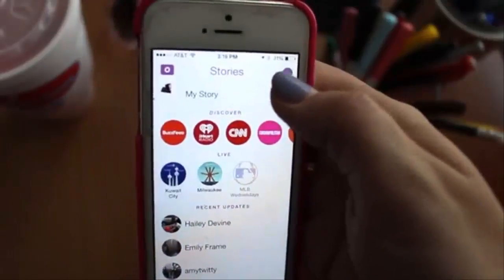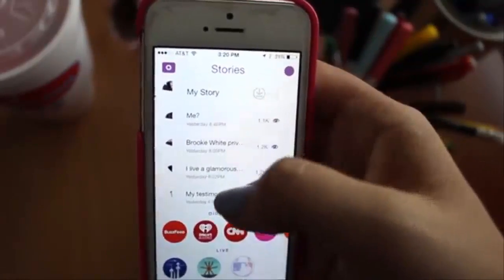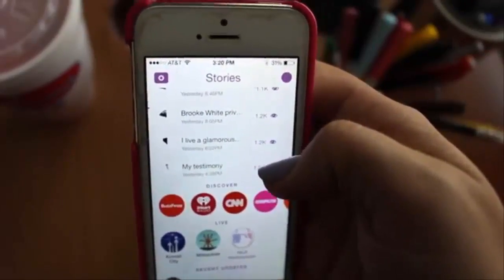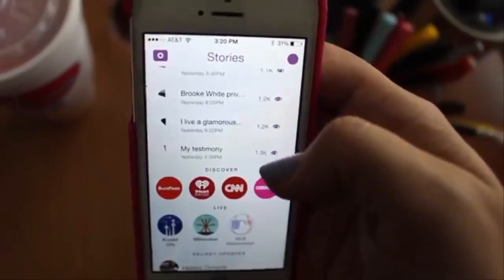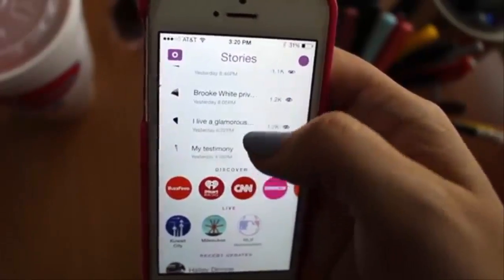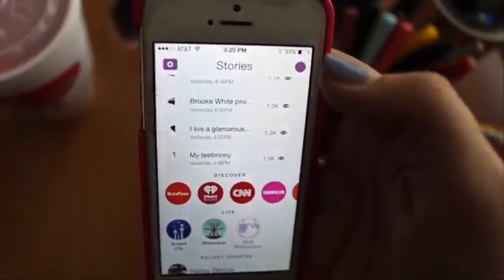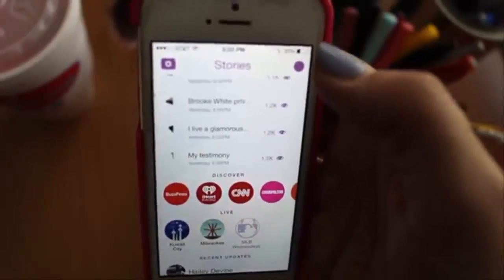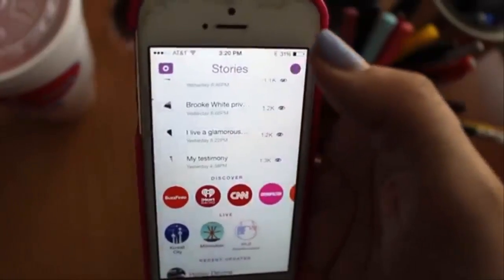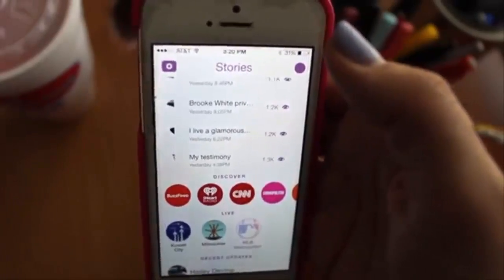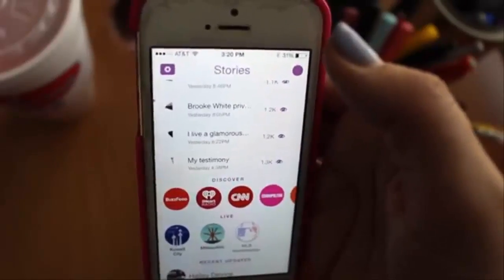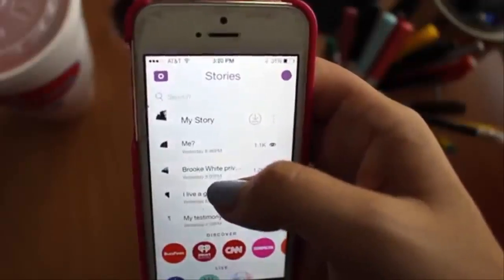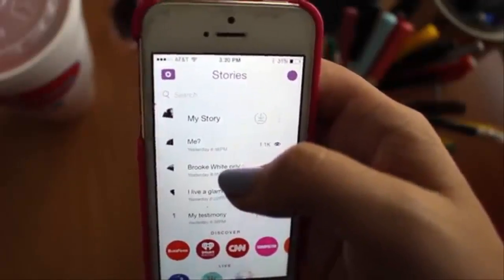So here's my story. If I want to see what's in my story, I click on those 3 dots, and this is the only number that I see on Snapchat. So I know that 1.3 people have watched this particular Snapchat. This is my only gauge for how many people I have interacting with me on Snapchat. You do not have to make it so that your story is public. You can make it so that only people you're friends with can see your story. Because of the nature of what I do, I post to my story, and anybody who adds me can watch